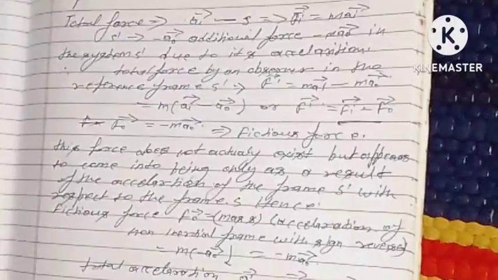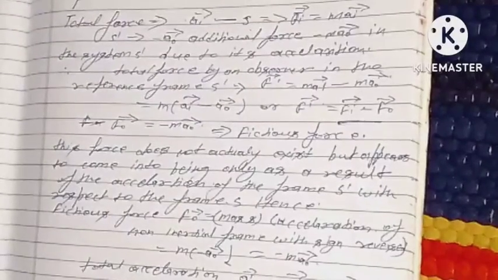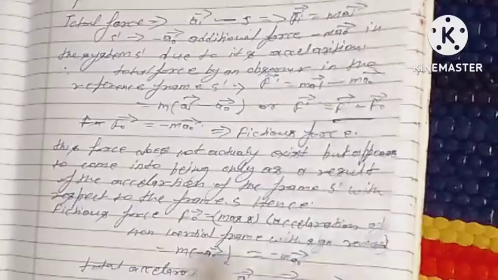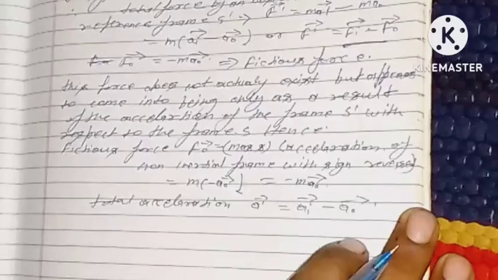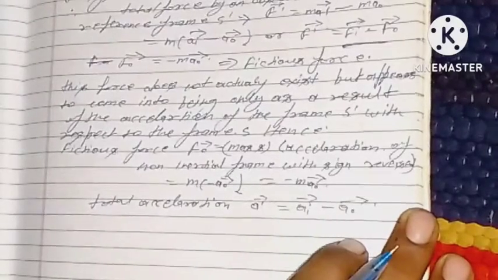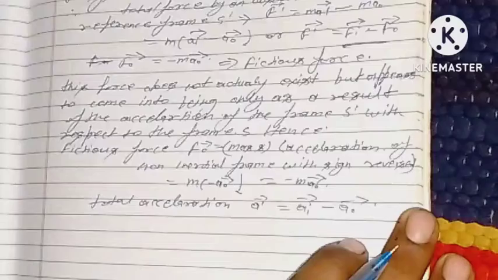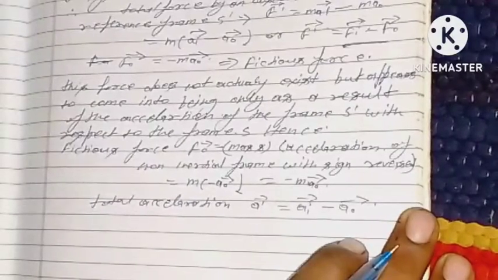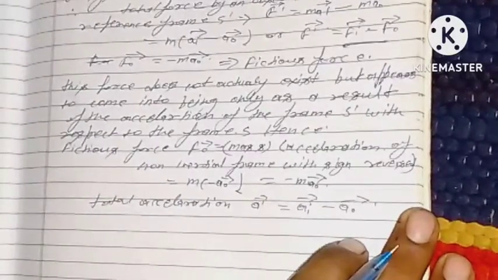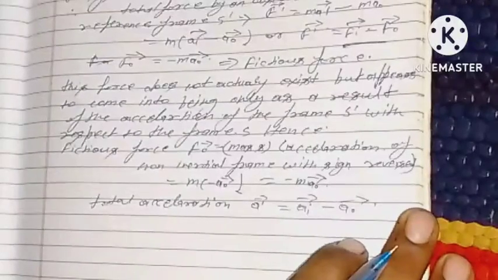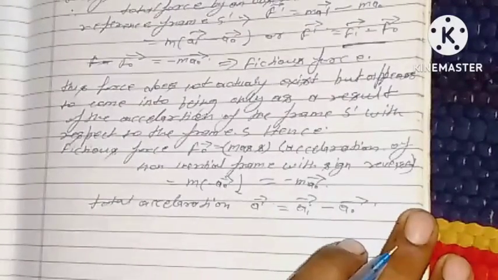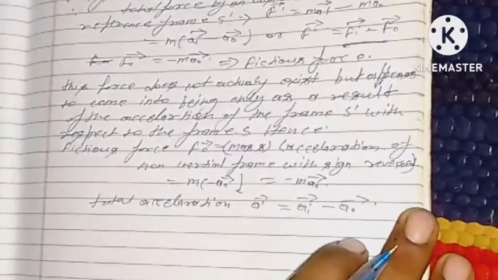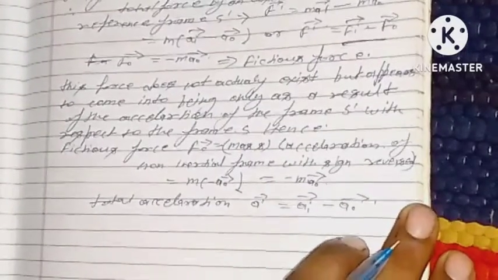An interesting example of fictitious force is that of centrifugal force. Consider a point mass m at rest in a non-inertial frame, so a_i equals 0. Suppose that the non-inertial frame rotates uniformly about an axis with respect to the inertial frame. The acceleration of the point mass with respect to the inertial frame can be written as